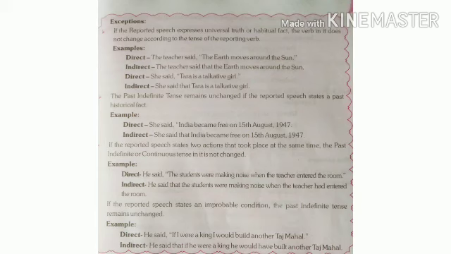Again, look at the third example. He said the students were making noise when the teacher entered the room. So, this sentence is expressing two actions happening at the same time. Were making noise at the same time the teacher entered. So, two actions are happening here at the same time, and so it will remain unchanged. So the indirect speech will be, he said that the students were making noise when the teacher had entered the